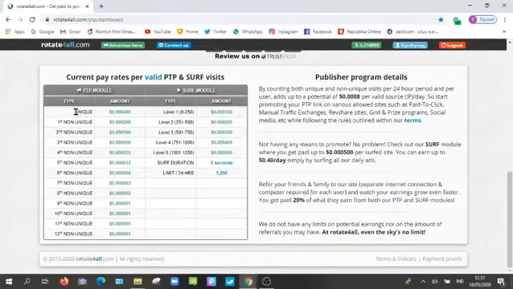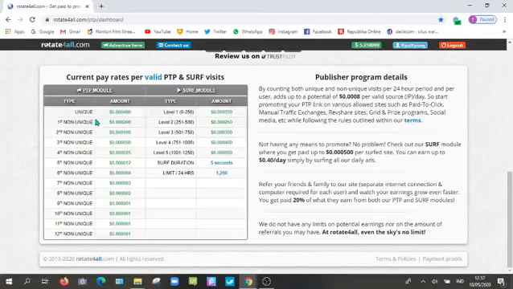For instance, if you share your link with your friends, and your friends become the first, it resets every